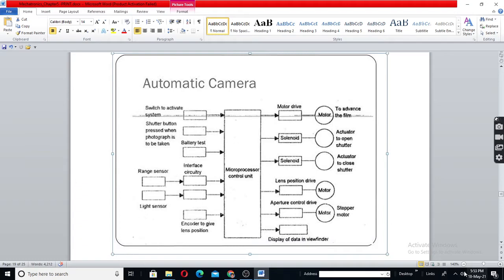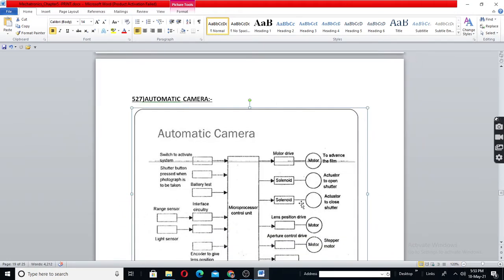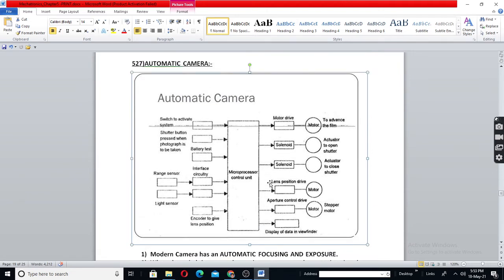Okay, so here again we have the same microcontroller, or microprocessor unit or microprocessor system, whatever you say, plus sensors and drivers.